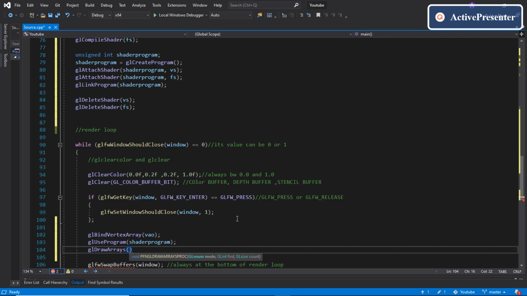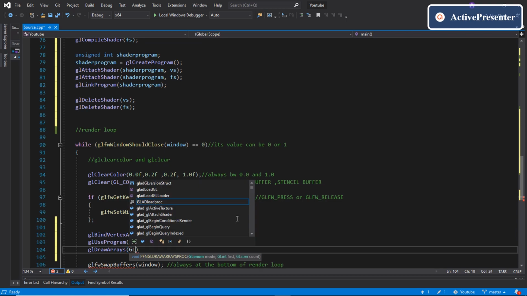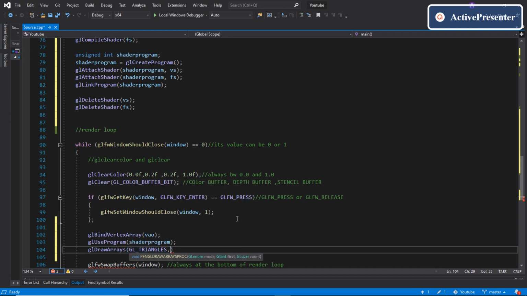It takes a bunch of arguments. The first one is the primitive you want to draw. We know that we want to create a triangle, so we'll use GL_TRIANGLES. The second argument is where the vertex data starts, that is 0. And the third one is how many vertices you want to draw, that is 3.